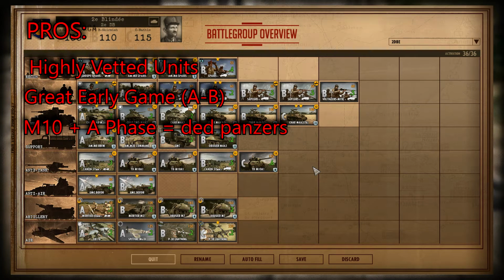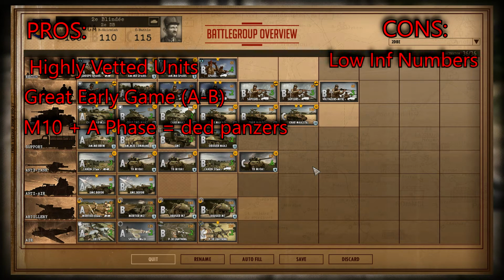And the cons, of course, are very obvious. You get a low availability for infantry. It's always going to be a rather tough decision picking out your infantry slots. As the French, you just have to play conservatively with their infantry usage. Wait for C-phase and...